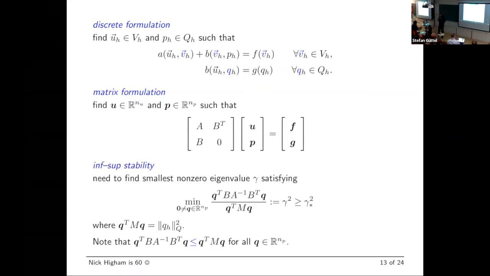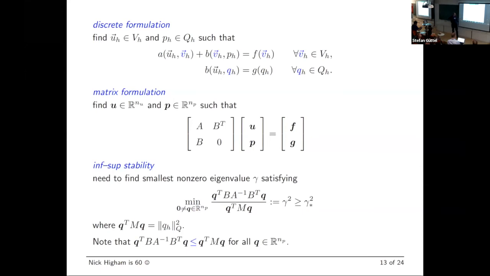So to connect with linear algebra, we need some matrix version of the inf-sup constant. That's quite straightforward once you know what you're doing. This is associated with the Schur complement, what fills in this block when you do block Gaussian elimination, B A inverse B transpose. And this has to be spectrally equivalent to the underlying norm in which you're measuring the dual variable, the pressures. That's this norm here, associated with the matrix M.